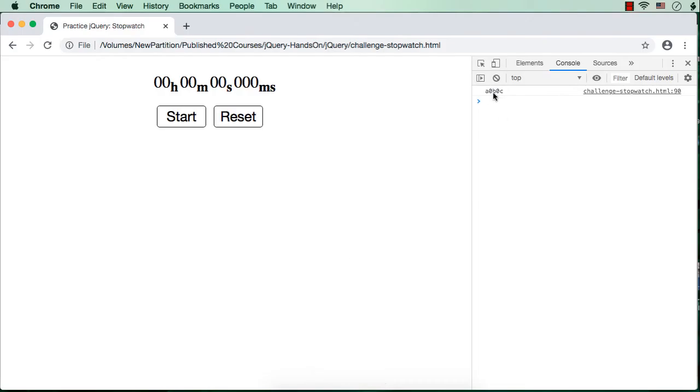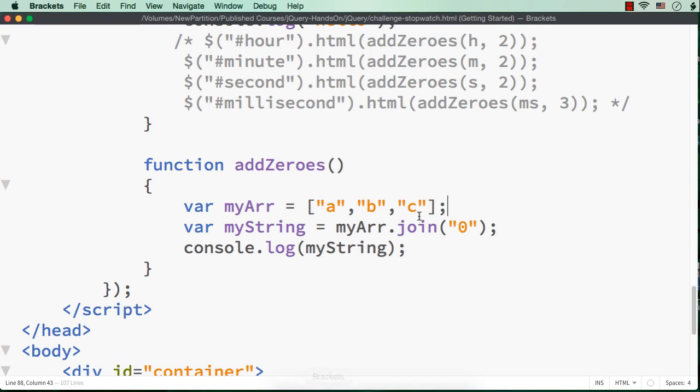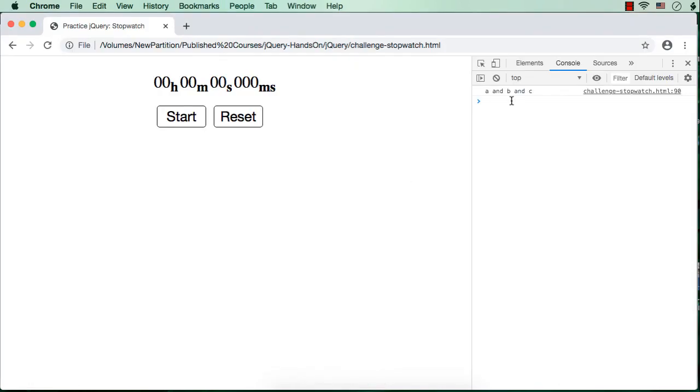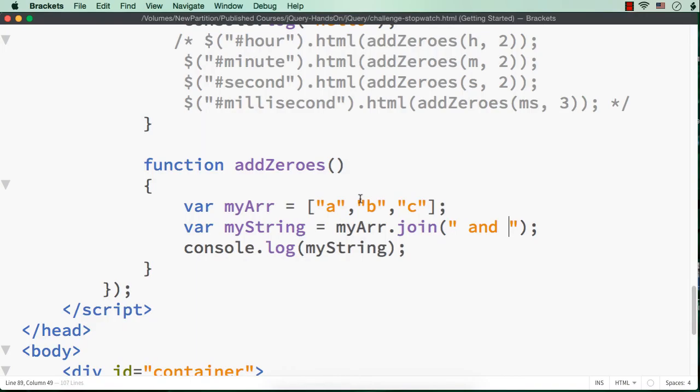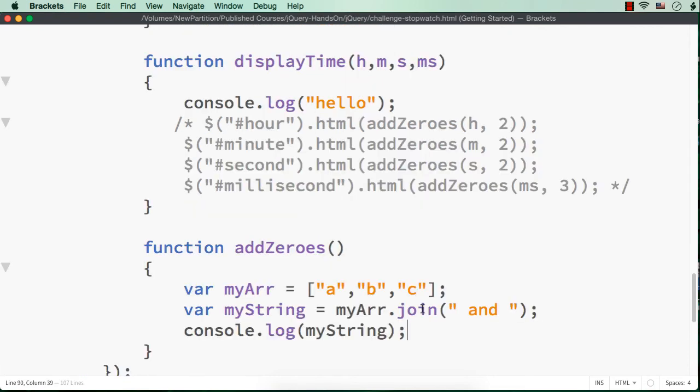See, it is A0B0C. So here this array is becoming a string with the specified separator. Now instead of 0, if I specify 'and' with space before and after, then it will be A and B and C. So we are going to make use of the same technique of creating an array and then joining it to append zeros. So hope you understand how we are going to make use of this technique.